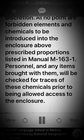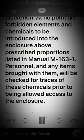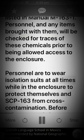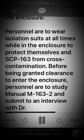At no point are forbidden elements and chemicals to be introduced into the enclosure above prescribed proportions listed in Manual M163-1. Personnel, and any items brought with them, will be checked for traces of these chemicals prior to being allowed access to the enclosure. Personnel are to wear isolation suits at all times while in the enclosure to protect themselves and